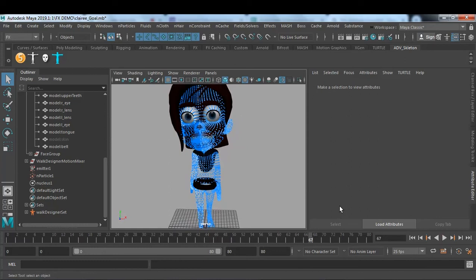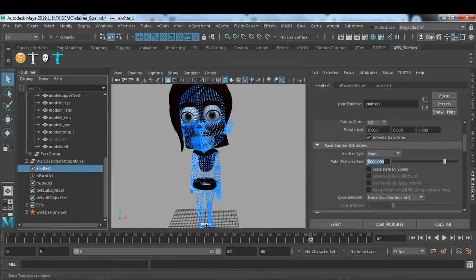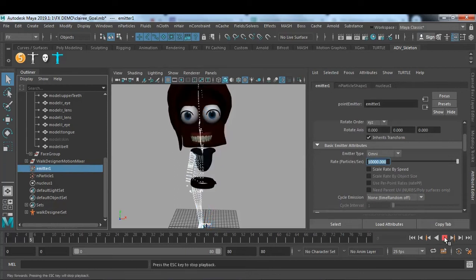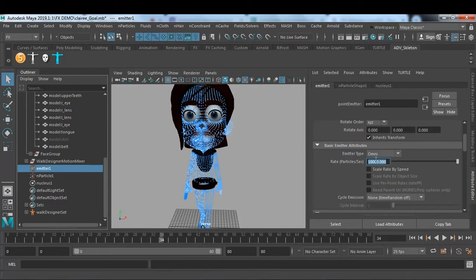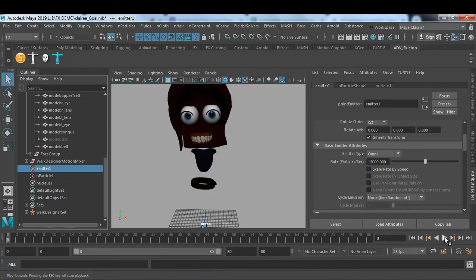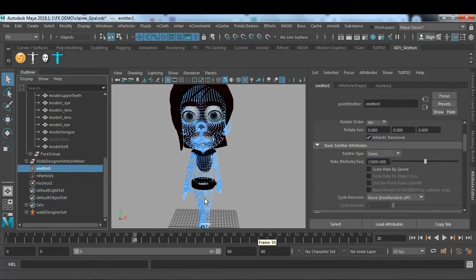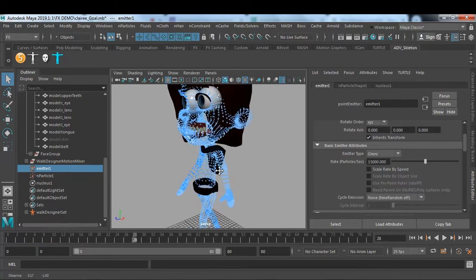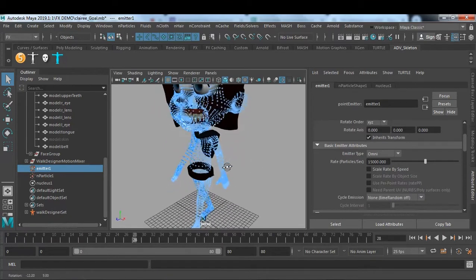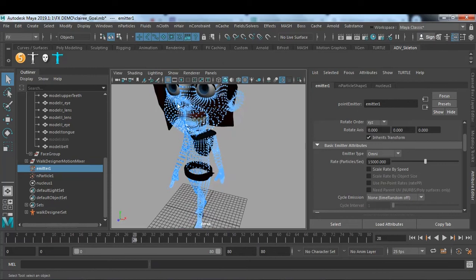Next, suppose you want to give some random animation, and I'm just going to increase the particle emitter weight a little more from 8000 to, let's say, 10,000. It's 10,000, right? Just want to increase the weight fast, and let's say 11 or 12, 15,000. If I just hit the play icon, okay,